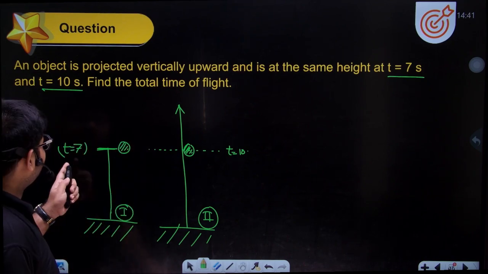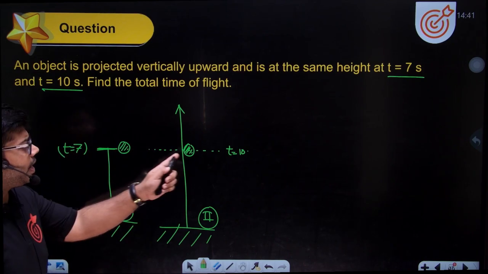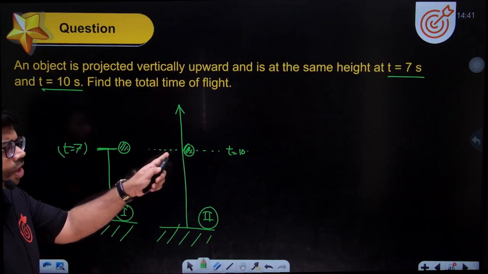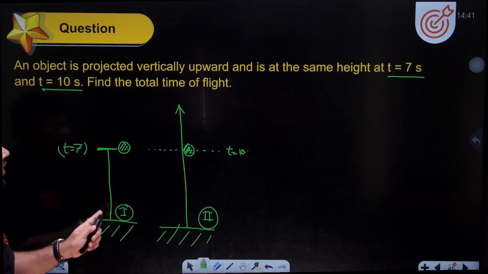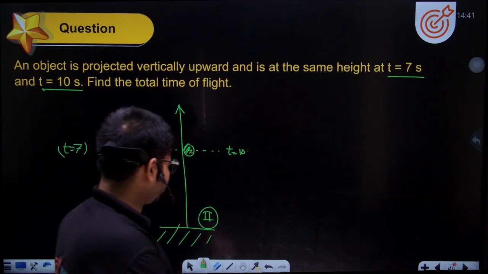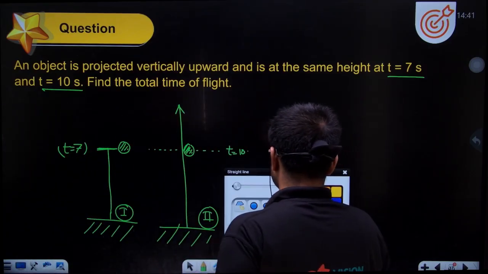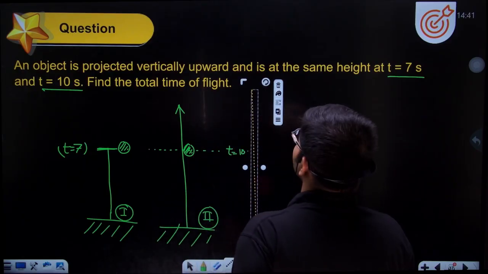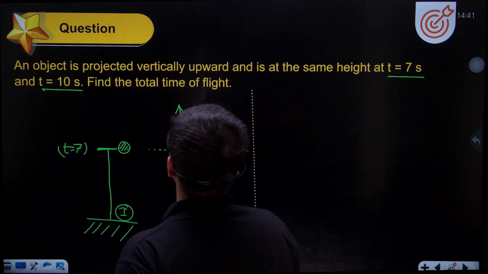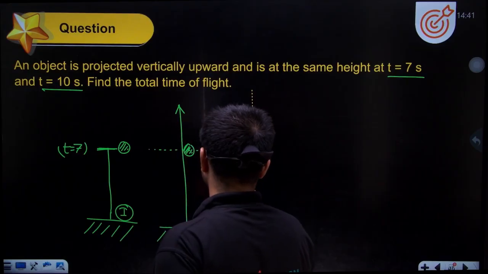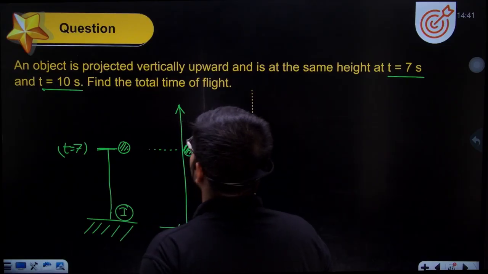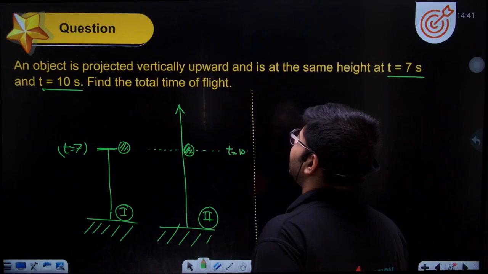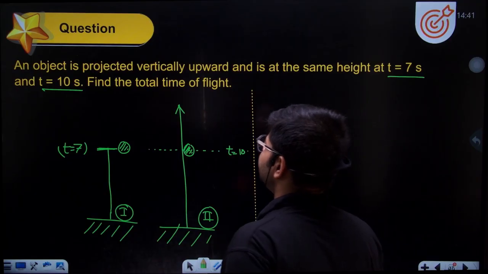So see, at t is equal to 7 and at t is equal to 10, both the objects are at the same height from the ground. So this is exactly what this numerical wants to tell you. तो हम लोग क्या करेंगे, बोला गया है फाइंड द टोटल टाइम ऑफ फ्लाइट. तो टोटल टाइम ऑफ फ्लाइट, व्हाट वी कैन डू इज दैट वी विल से दैट